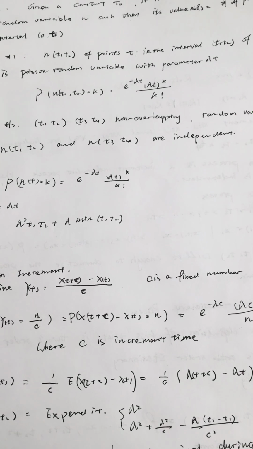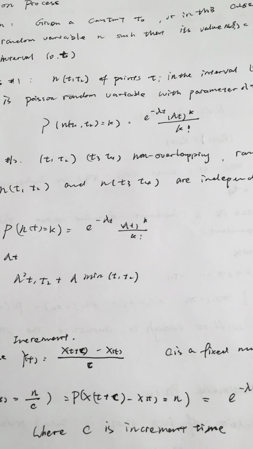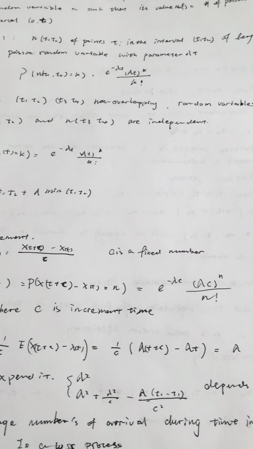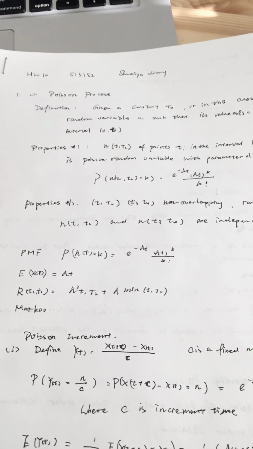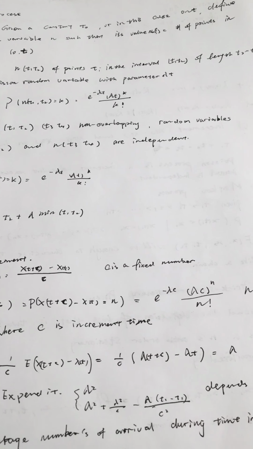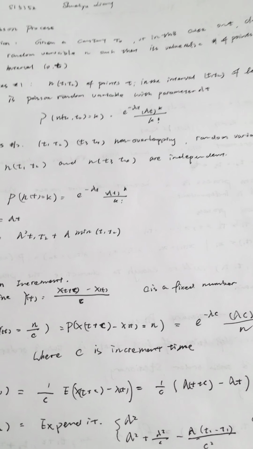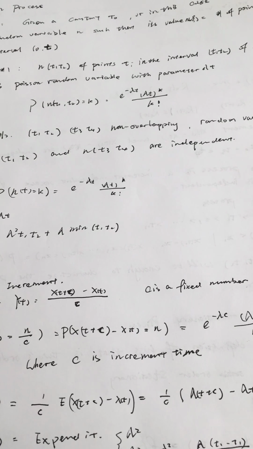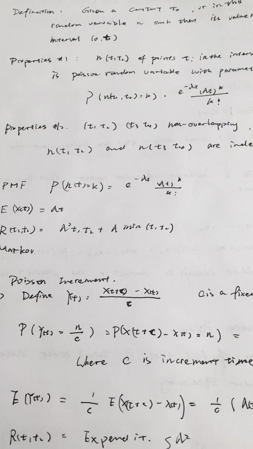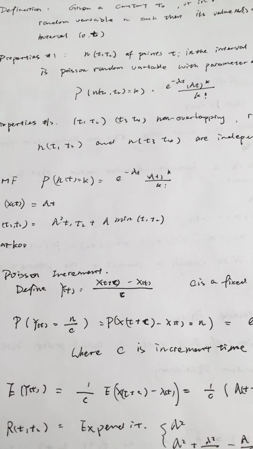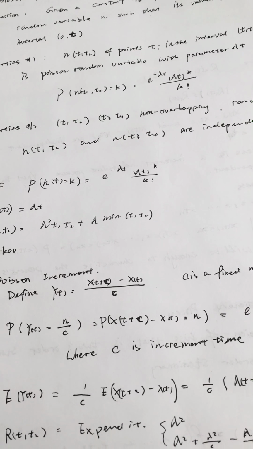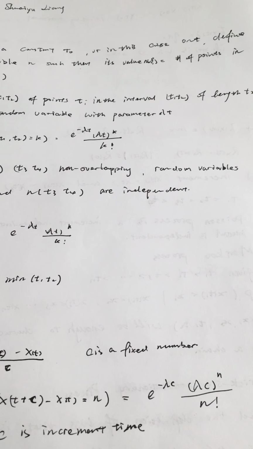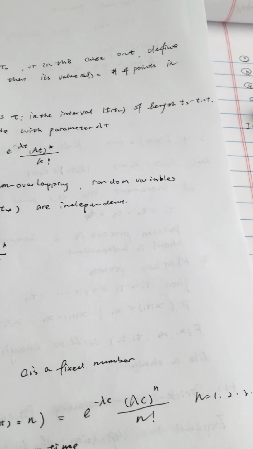Define a random variable n such that the value of n is the number of points that happen in the interval 0 to t. And the property it has: the number of points in the interval from t1 to t2, where the length is equal to tau,